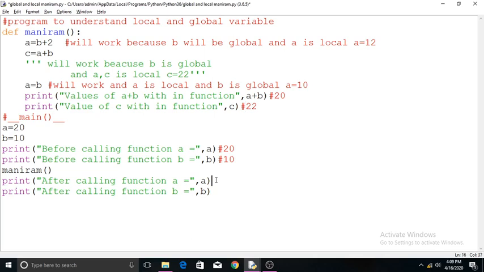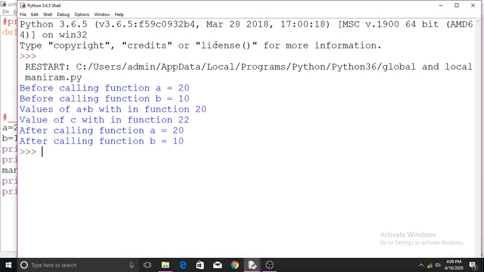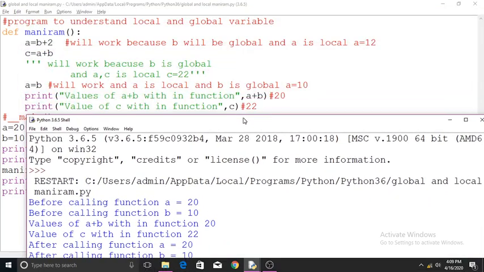Then it will come outside. Any function that does not return will not reflect the value here. So here it is again 20, again 10. Can we run this program and check it again? Run module, save it. Can we match our values?